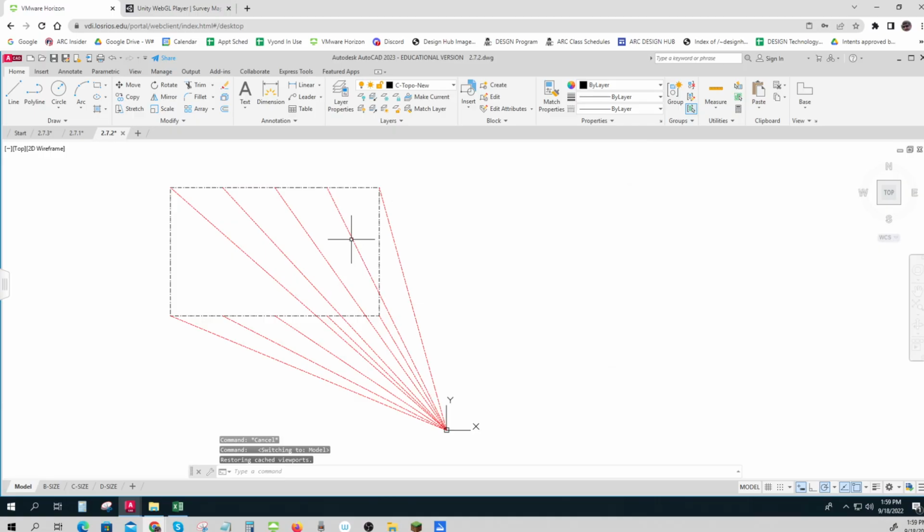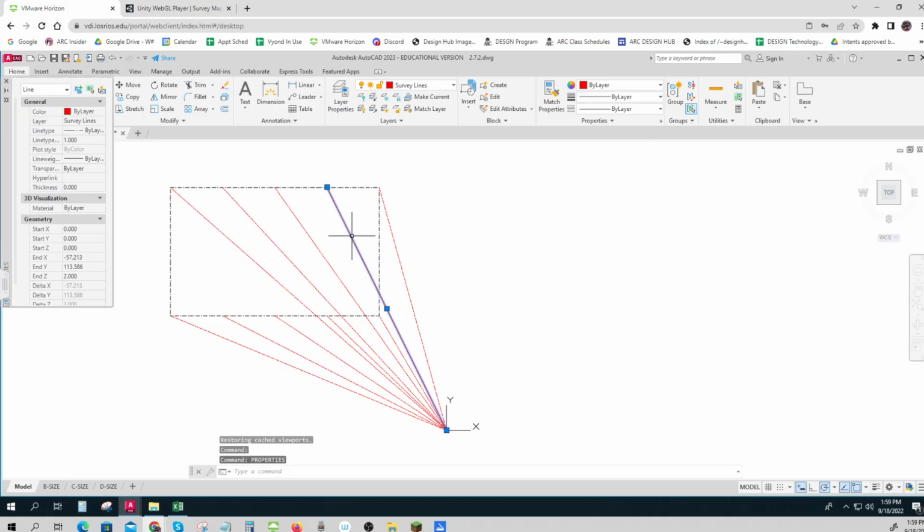Oh, to find those, if I click on a line and type prop or properties, it tells me what the end Z is right there. So that way I know that that point is at 2 feet. Okay, and then maybe there's another one at 2 feet down here. There'll be one somewhere. What's that one at? That one's at 2 feet. Okay, and so this one's at 3 feet, and this one's at 3 feet. So